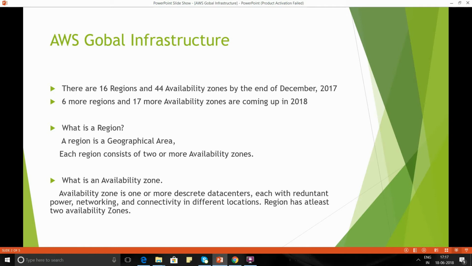So why do we need to have at least 2 availability zones in a region? The reason being, consider for an example, we have 2 availability zones in Sydney. In one end of Sydney, we have one availability zone. On the other end of Sydney, we have a different availability zone. For whatever reason, it could be maybe due to a power issue or a natural calamity or some other problem,